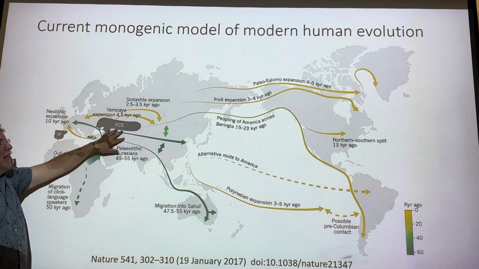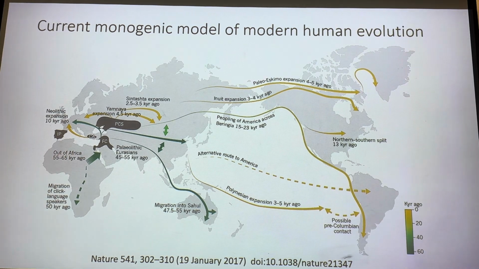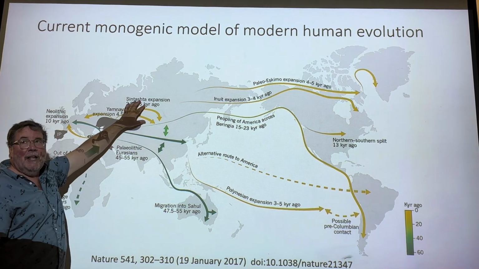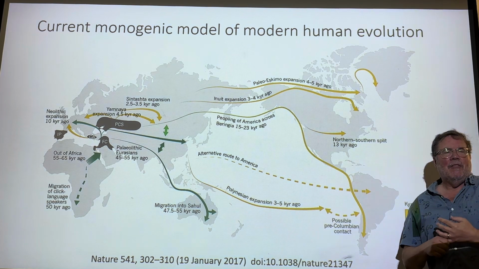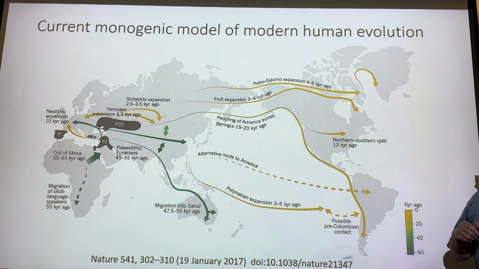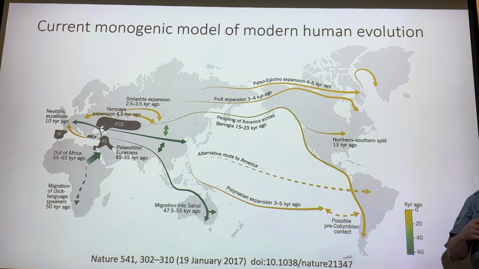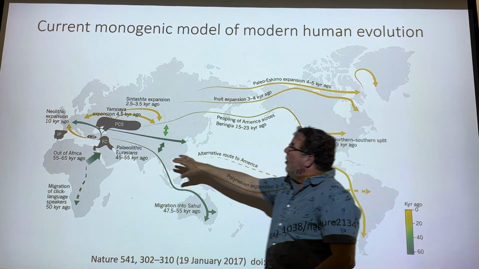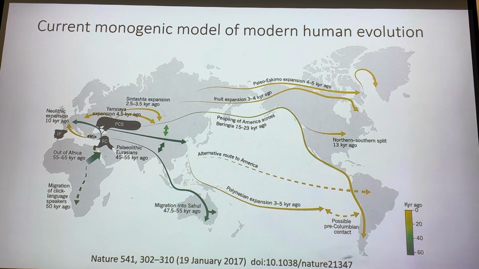And as human beings began to expand in here, they moved to areas that didn't have such high solar flux, right? And so now, when you don't have high solar flux, you no longer have to worry about the UV degradation of folates. The other thing around is you do have to worry about getting enough UV light to be able to make vitamin D. So the idea is that as human populations moved into these high latitude areas with less solar flux, they began to have mutations in which